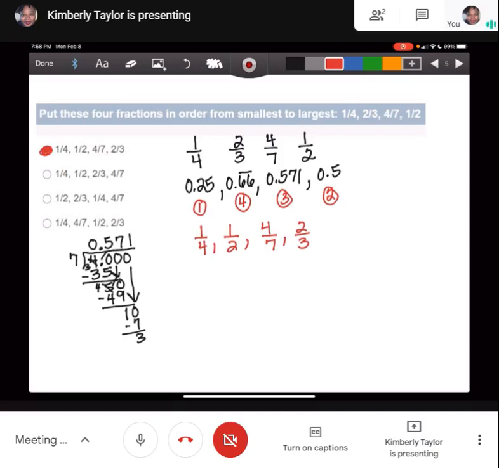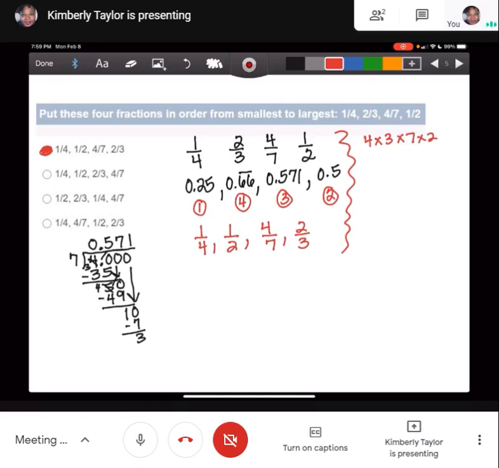Now, let's say you didn't know this way and all you know is changing them to the same denominator. You could do it that way. It would be a bit longer, but it's possible. So I'm looking at all my denominators, and most people would be like, let's multiply all of them together. And that's probably what a lot of people would do. If I multiply 4 times 3 times 7 times 2, ooh, that's going to be a big number. I don't think I'm going to do it this way. That's going to be too long. But you could find a common denominator,